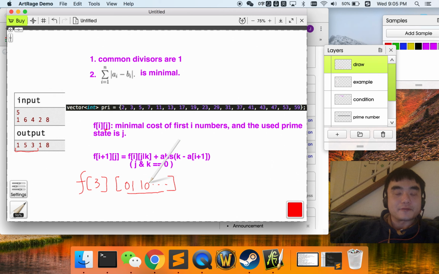It's in binary form. So the used prime state is j. So this means the array already used 3 and 5 as the prime divisor, right? And if I plus 1, so F4